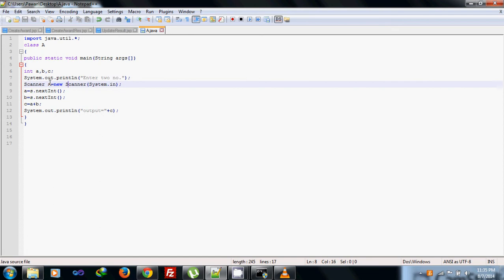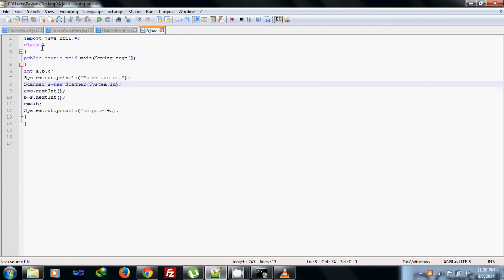Whatever we display on the screen is written using System.out. So for taking input, it has to be System.in. This is a normal logic that it has to be System.in. So the Scanner class takes an argument, System.in. Here the constructor that we are creating for this Scanner takes an argument known as System.in.